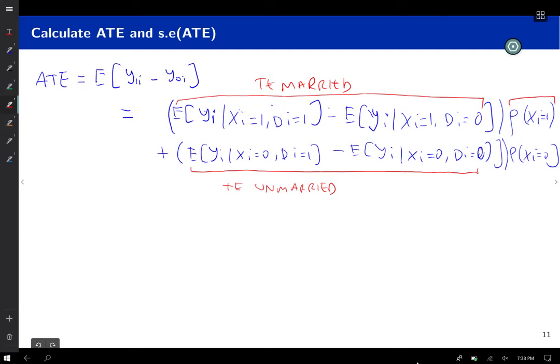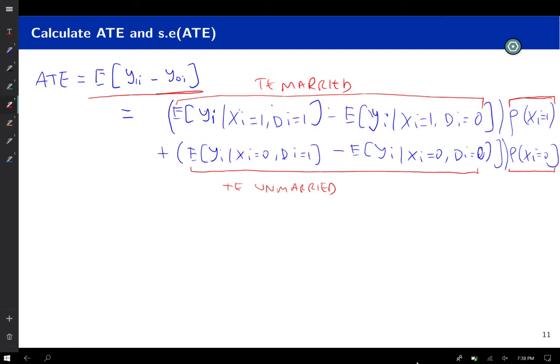This is the probability that we're in the married population. This is the probability we're in the unmarried population. If we average them back, we're going to get back to the average treatment effect in the whole population by the law of large numbers. So all we need to do now is estimate these. So we go back to the table and we can pick out the elements. We've already labeled these previously. If you look at the table, if you've got your notes with you,